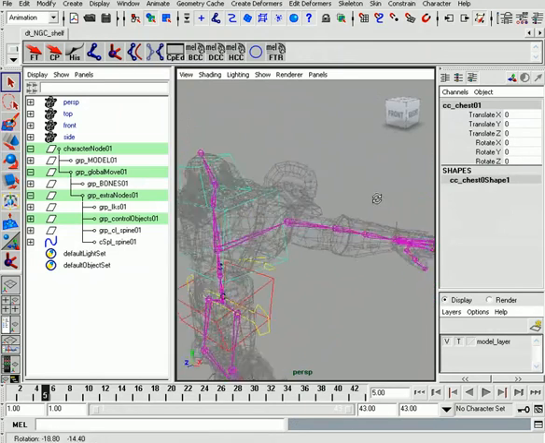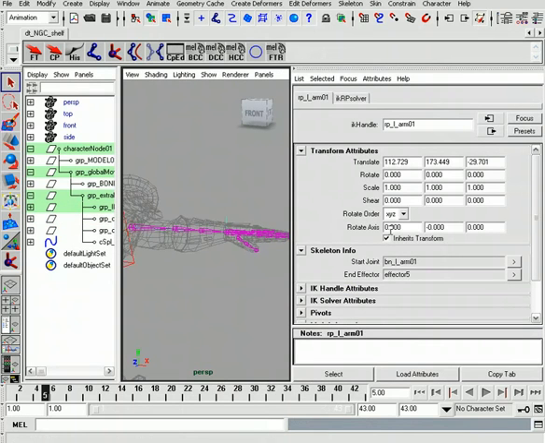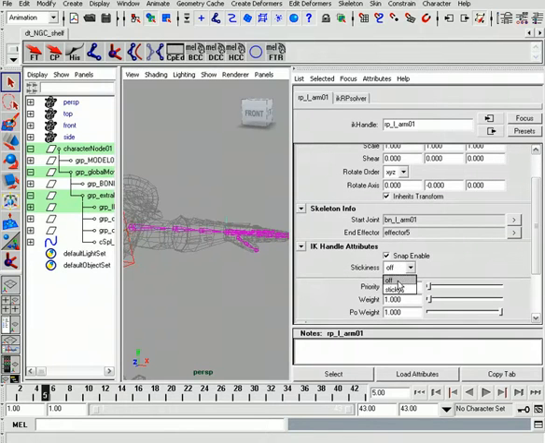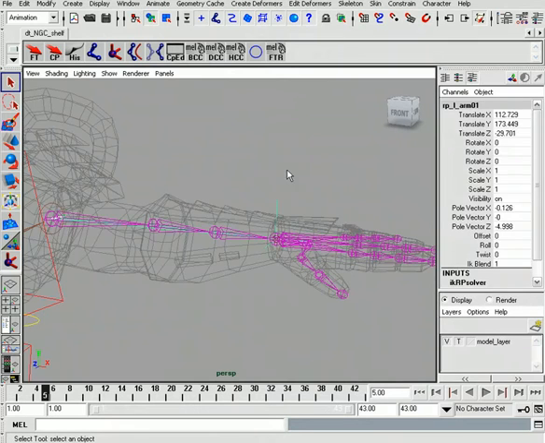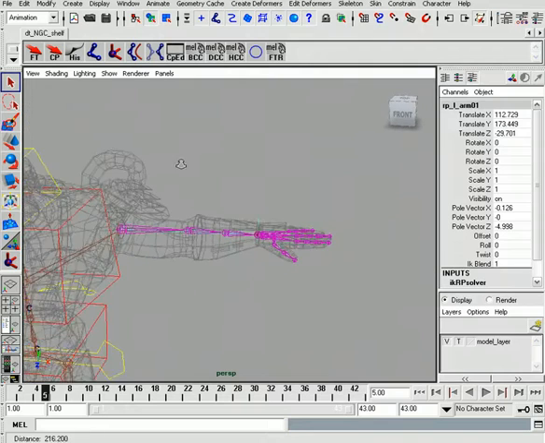Alright, excellent. Could also make sure with this IK handle that sticky was turned on. So we can go to the IK handle, and it's off right now, so we could always go ahead and turn that on. Alright, wonderful. Well, now that we have our IK handle in place, let's go ahead and work on our main